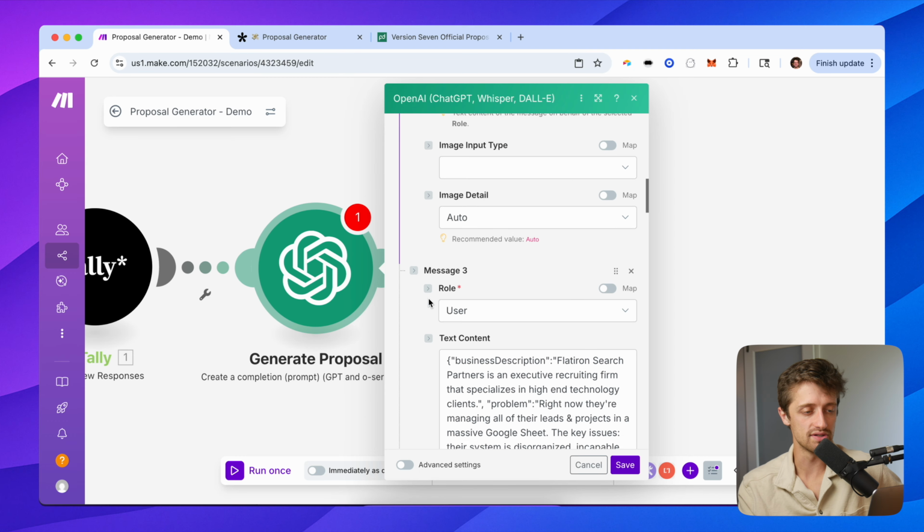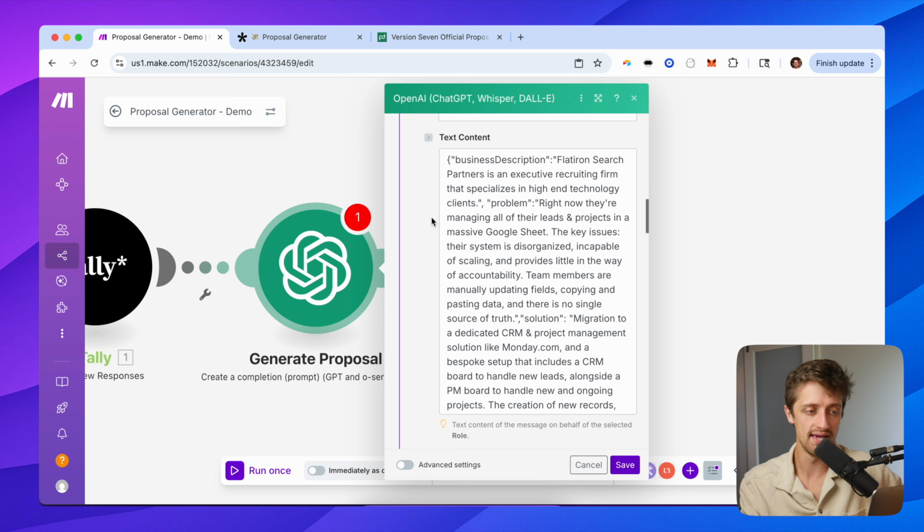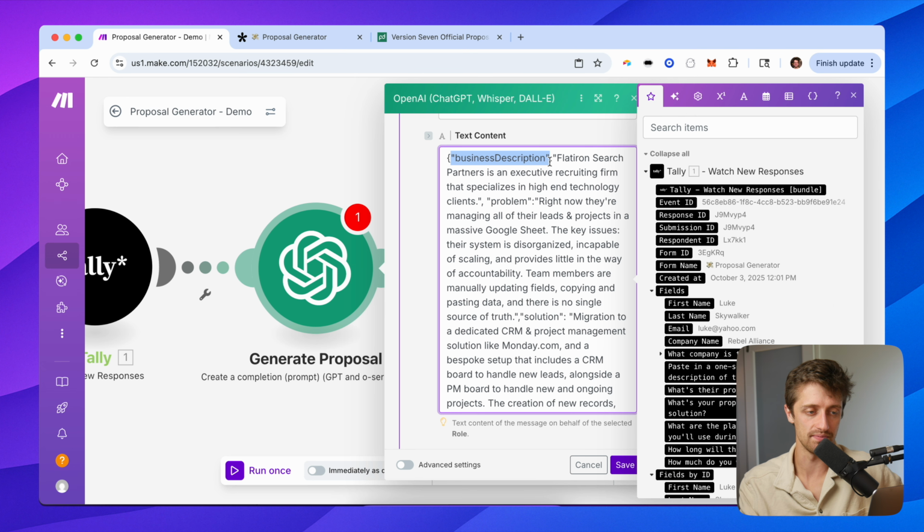Now the next thing we're going to do is give it a user prompt. All right, and this is where we now start training OpenAI. Hey, if we give you information that looks like this from our form, if we give you something that looks like this, well then we want you to output something that looks like this. Okay, and so with this user prompt, we're basically saying, hey, if I give you a business description that looks like this,